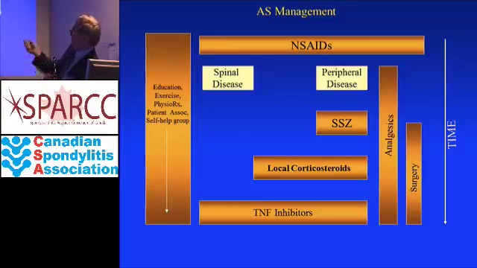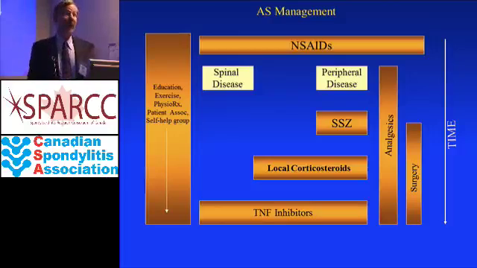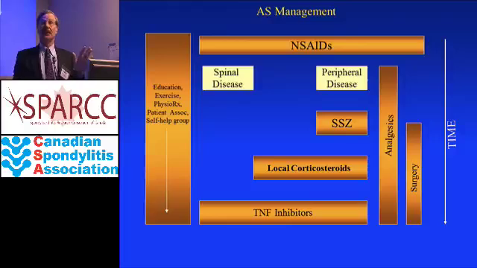I mentioned surgery over here. The most common operation in our patients is a hip replacement. So about 8% of our patients at some point might have hip replacement. It can occur actually in very young patients in their 20s as well. We have a small number of patients that actually go on to spinal surgery. It's called spinal osteotomy, primarily for very significant posture correction.